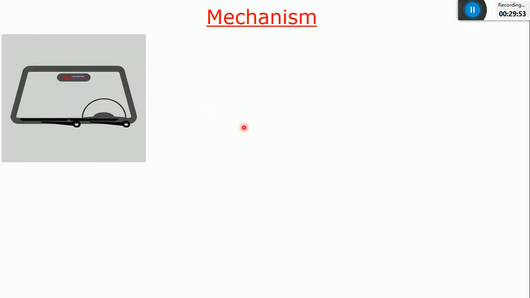Okay, I'll try to show the animations of mechanisms. So this is a wiping mechanism, correct? So this is a wiper. Behind this, it will be connected to a small motor and a 4-bar mechanism. Then only you can transfer the force from the motor into oscillating motion, so that you can wipe the water which is present on the front glass of your car. This is a wiping mechanism or wiper.